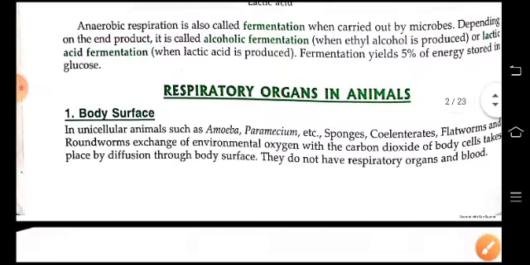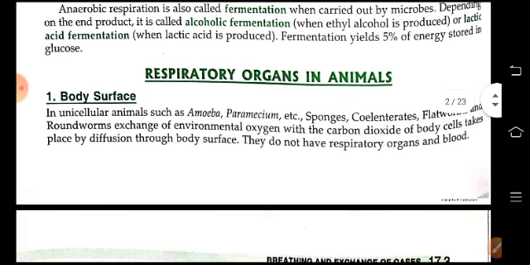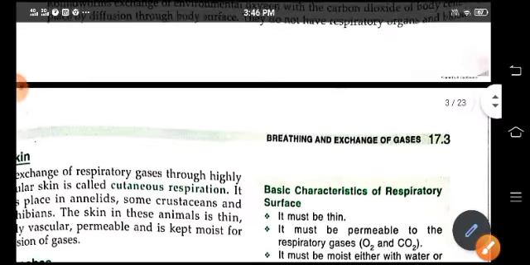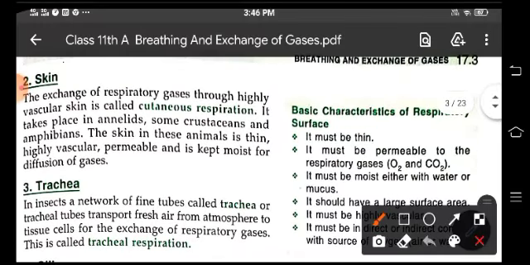Now, respiratory organs in animals. Through the body surface, respiration can be done, like in unicellular animals such as amoeba, paramecium, sponges, coelenterates, flatworms and roundworms. They do not have respiratory organs and blood. The diffusion of gases takes place through the body surface. Through skin: the exchange of respiratory gases can also take place through the vascular skin, which is also known as